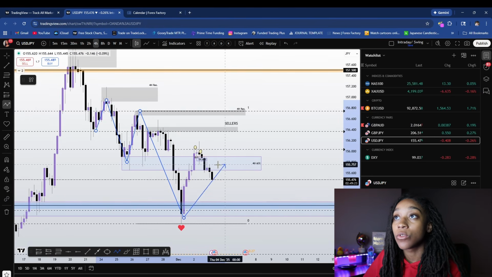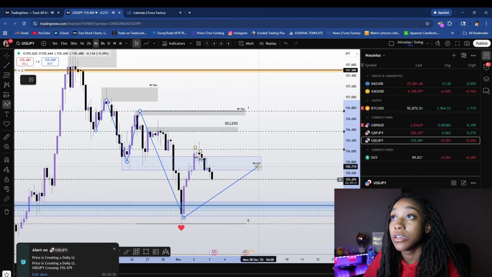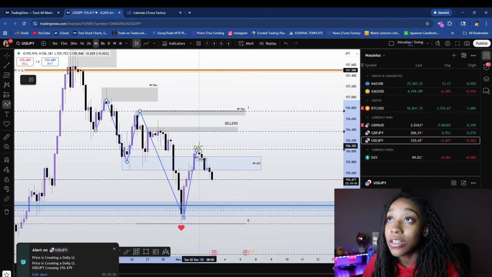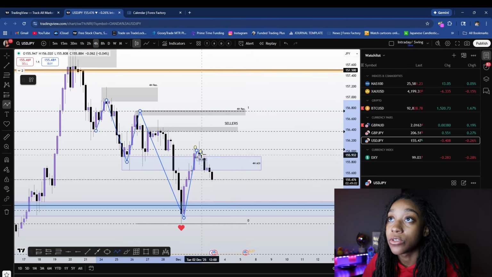This zone, this 4 hour area of interest, represents broken structure, right? Price came up a little bit above it, and we liquidated a little bit. I said yesterday when price was above this level, I was not looking to get into sales until we start dipping back below into this level. Once I saw that we were dipping back into this 4 hour area of interest, heading down,